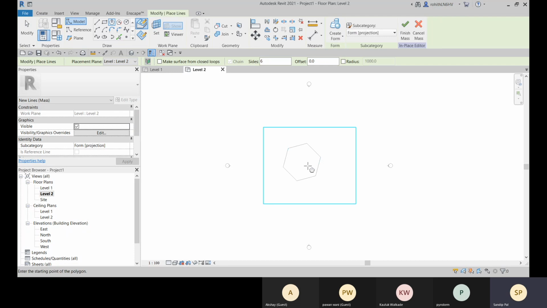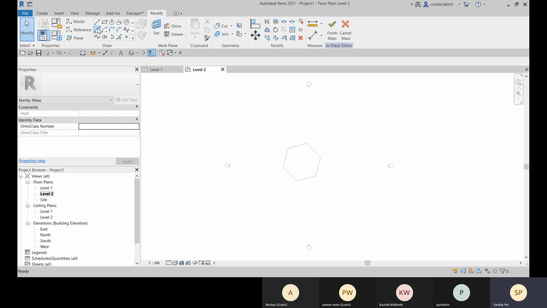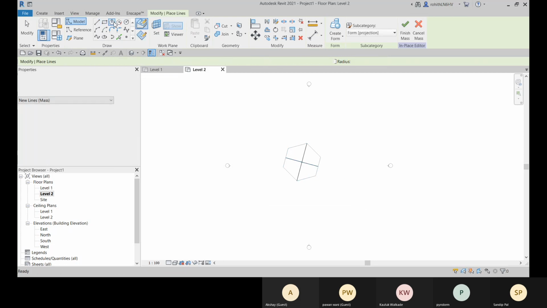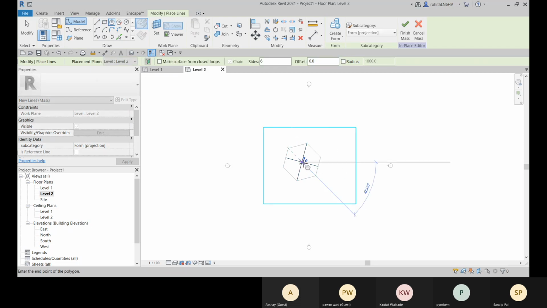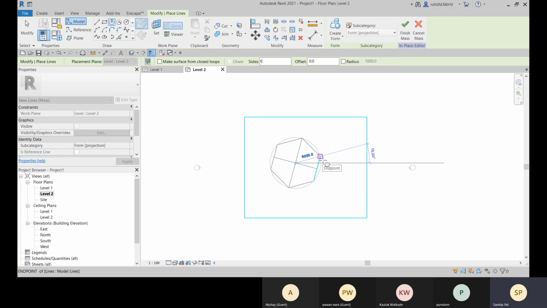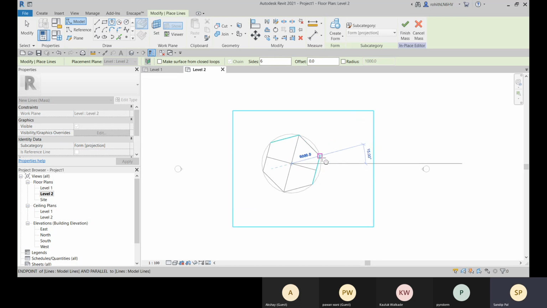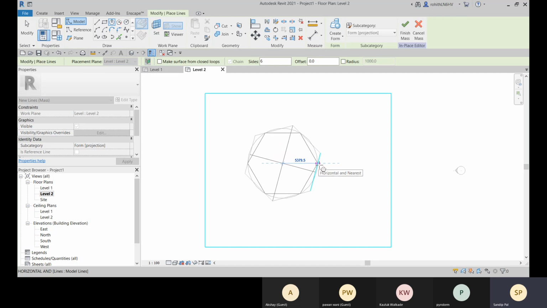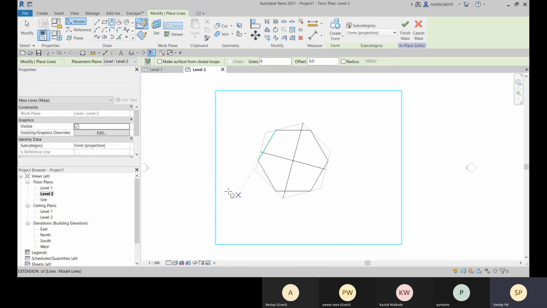It's not snapping. So first I need to define the center point here so that I can draw it. Yeah, I will not go with the same direction. I will make it like this.